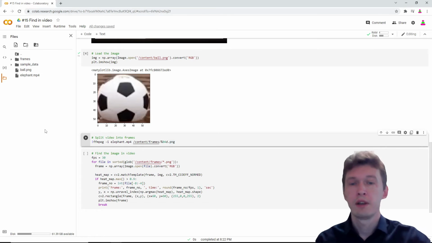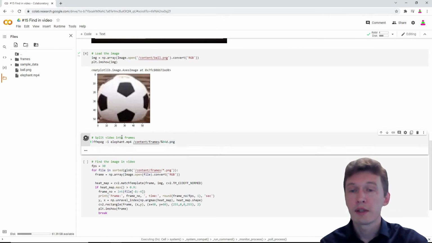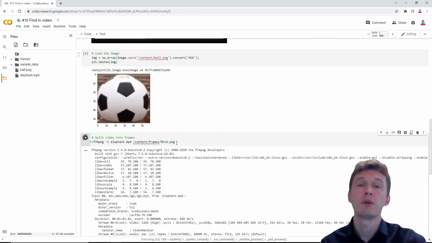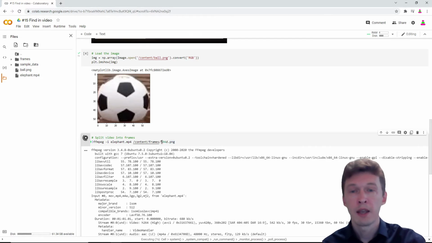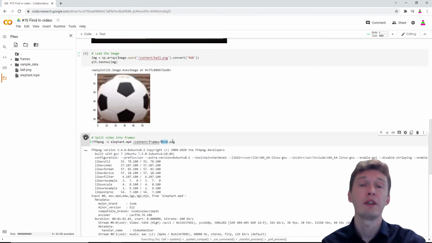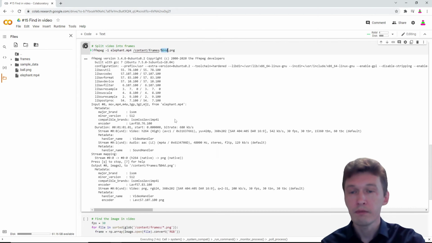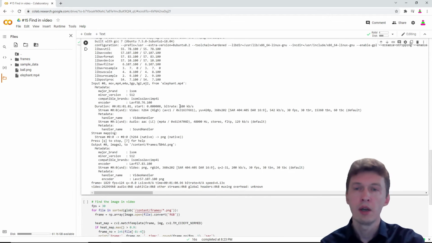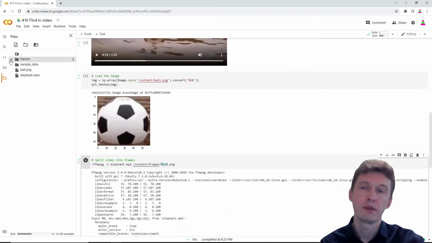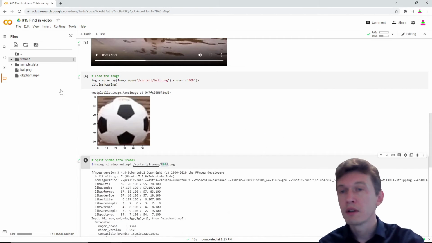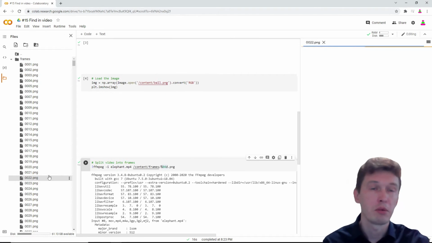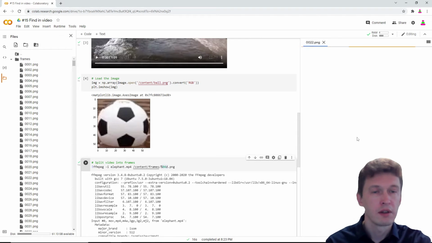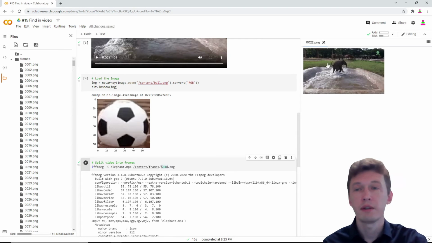Okay, frames. Next we run this cell and it will turn our video into a number of PNG files, and this signature means that each file will have a 4-digit name, 4 symbols. Okay, it's going. We will have approximately 2000 PNG files. Let's take a look at, for instance, number 22. Okay, there is a baby elephant.